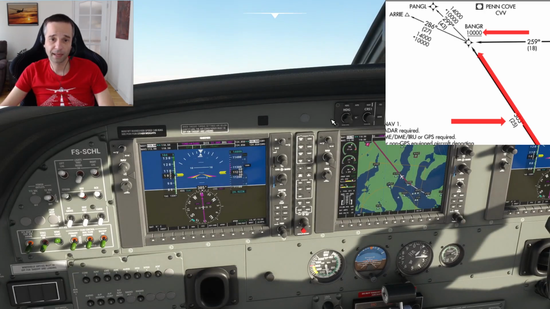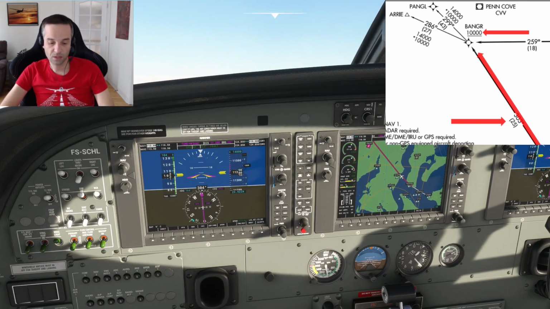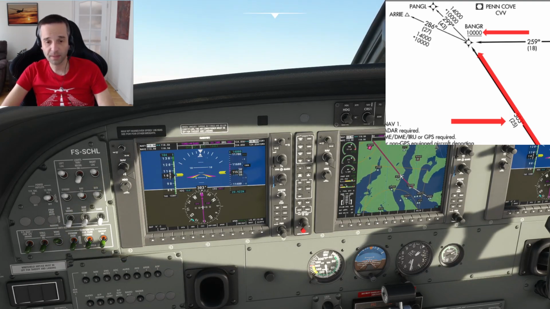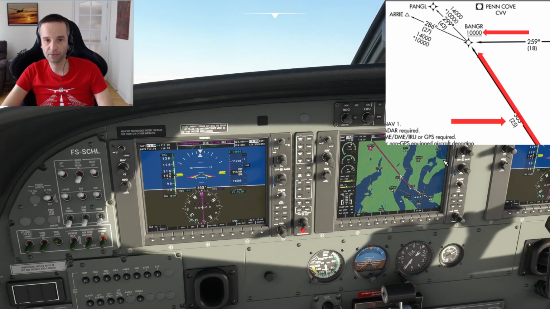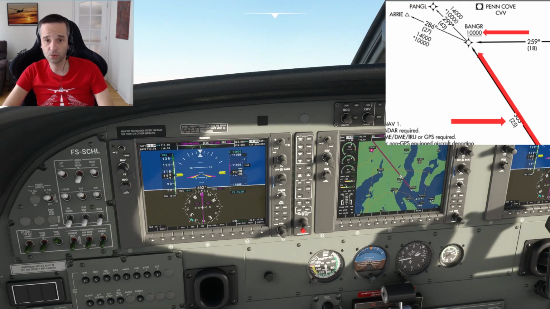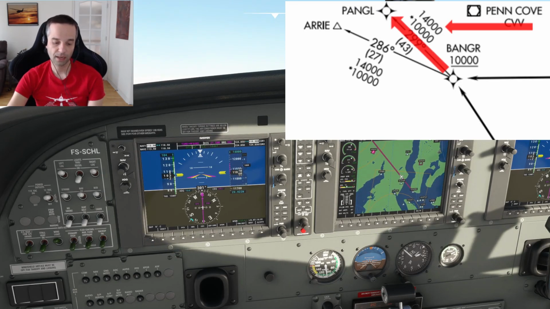You can see at the Bangor waypoint there's a 10,000 number with a line under it, which means that we need to be at least 10,000 feet to cross that waypoint. That's because there are some very large mountains in the area, and anything below that would be pretty risky to impact the ground. Once I get past the Bangor waypoint, that's where I'm reaching the transition point of the departure,